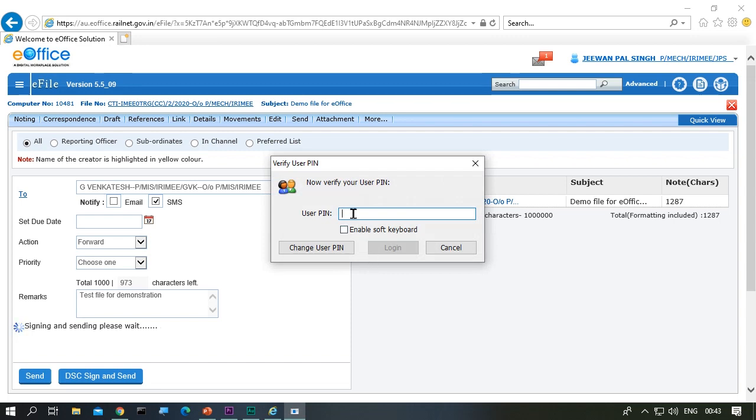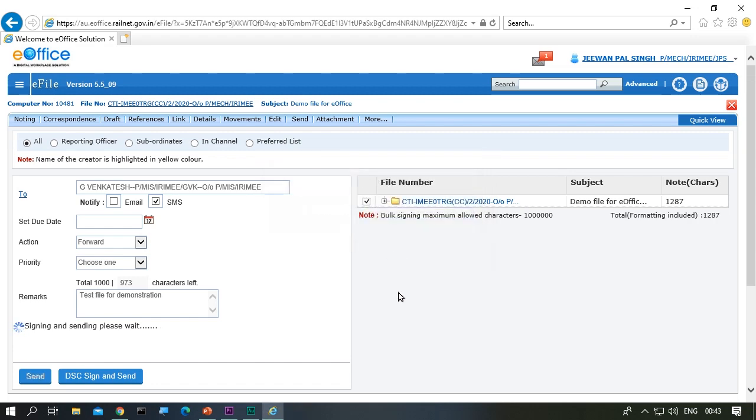Provide the pin for DSC. And the file is dispatched.